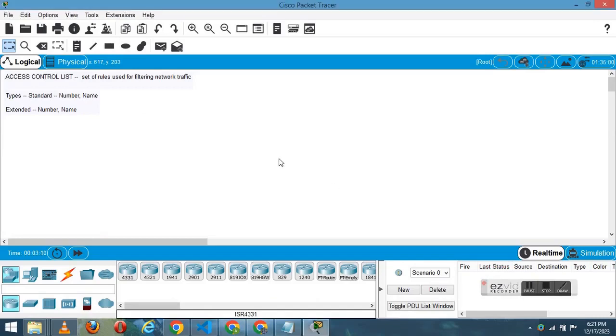Hello everyone, today we are going to implement the access control list, which is basically a set of rules for filtering the network traffic. So there are two types basically in the access control list, standard and extended, and both are further classified into number and name. So we are going to discuss the standard access control list, and for this we are going to take PT